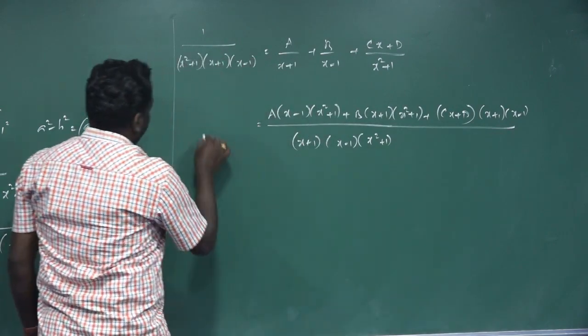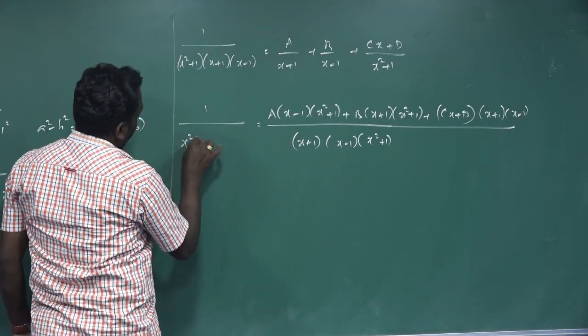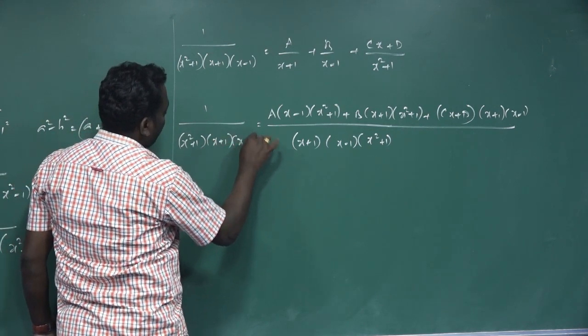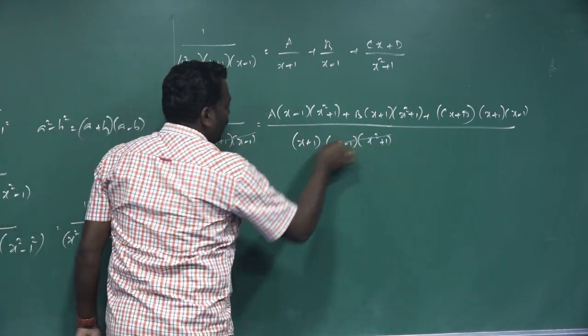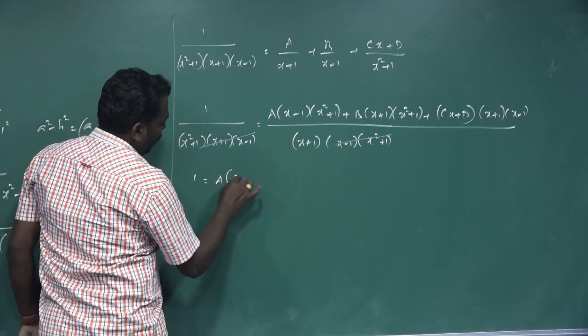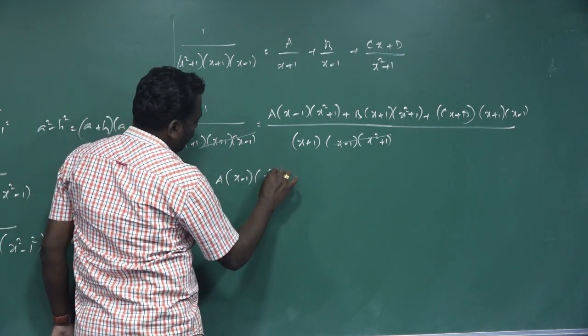Now the left-hand side: equation 1 times (x² + 1)(x + 1)(x − 1). Both have the same denominator, so they cancel. Therefore the left-hand side remaining is 1, which is equal to a(x − 1)(x² + 1)